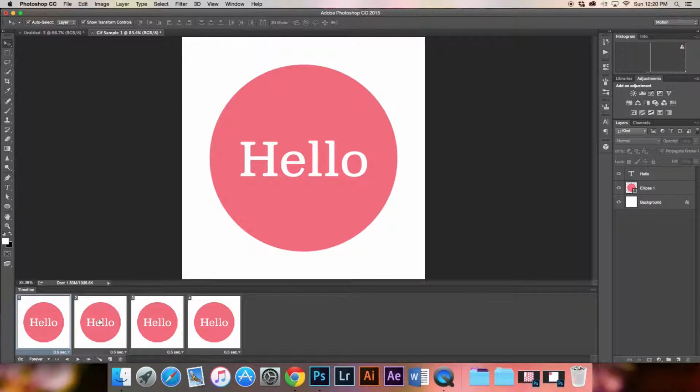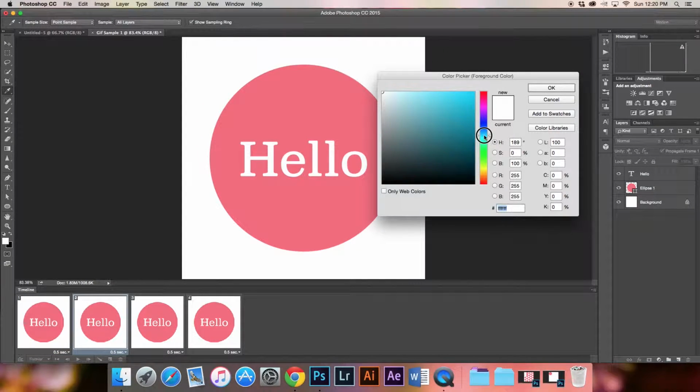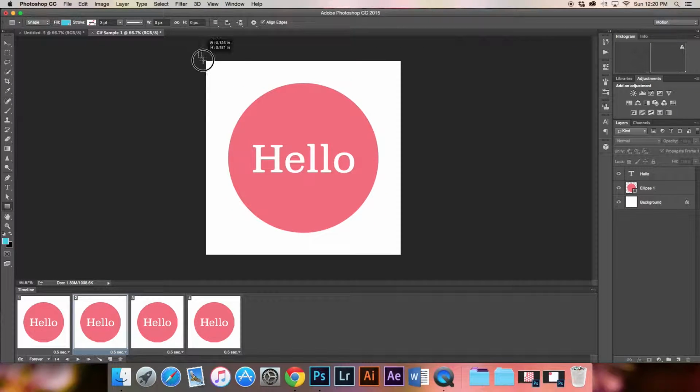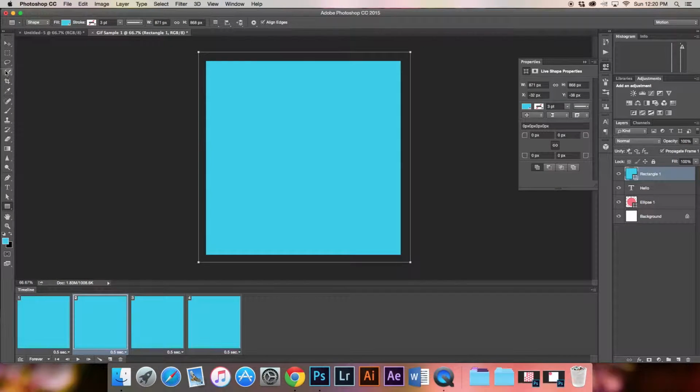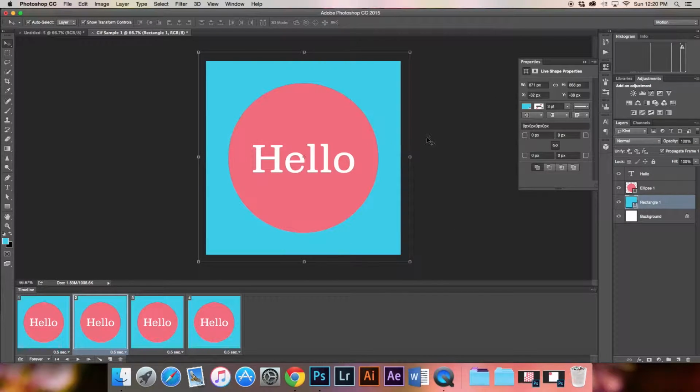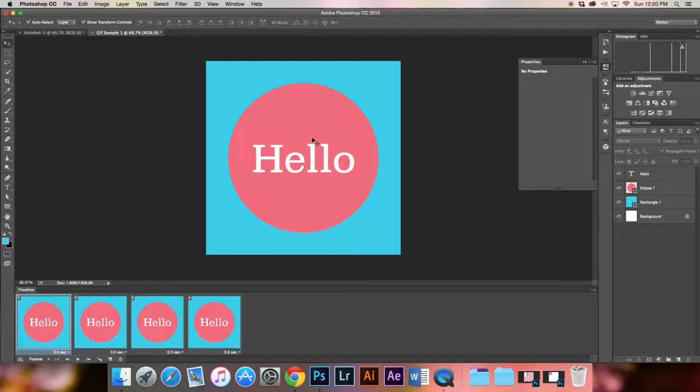Now the next thing you can do is change the blending mode of a layer. Let's say I wanted to add a background, and I'm just going to click a random color here, and using just a rectangle tool, going to move this below the layers. Now you'll notice that it applies to all of them, but we can always use the eyeball key to hide those layers.